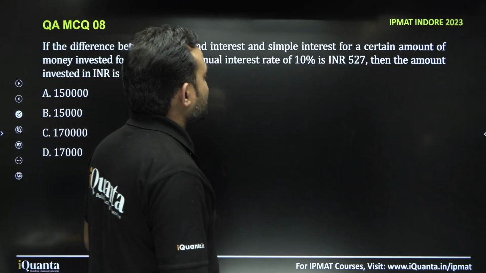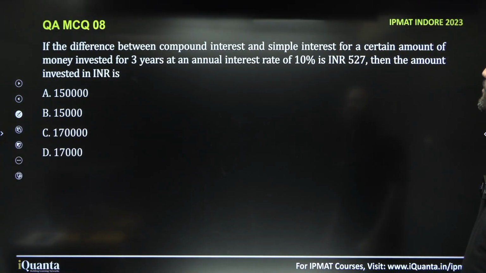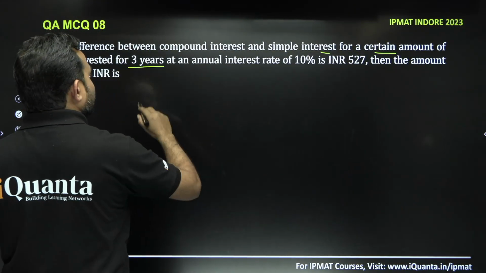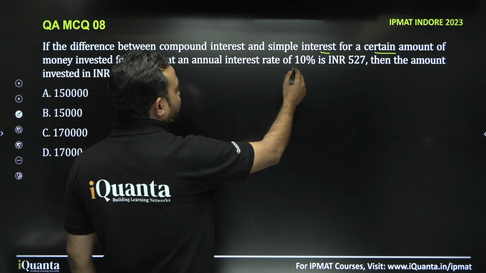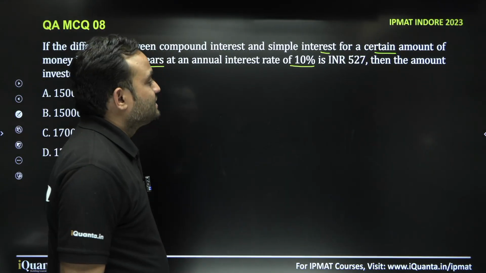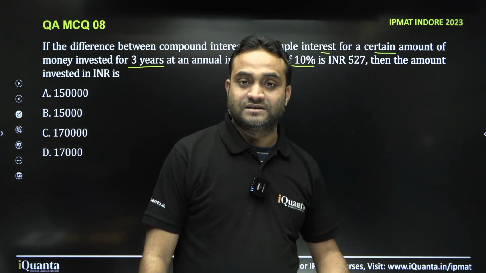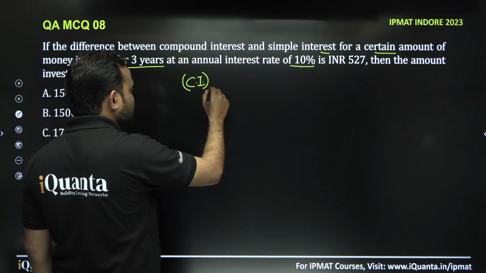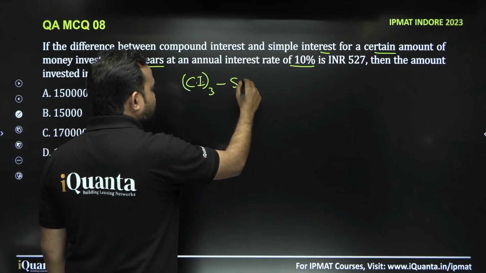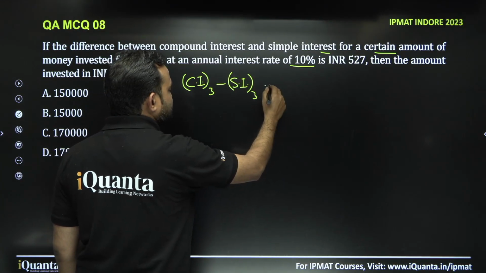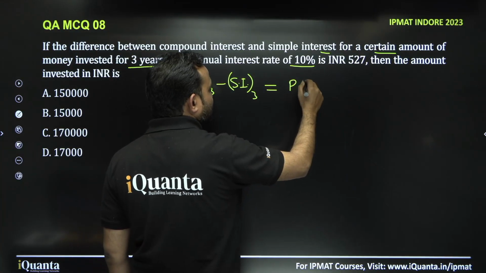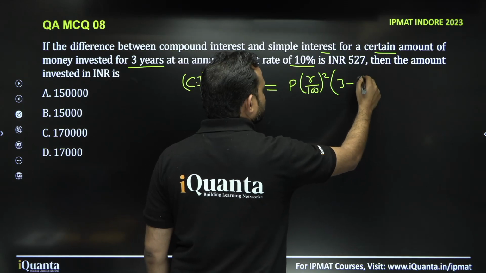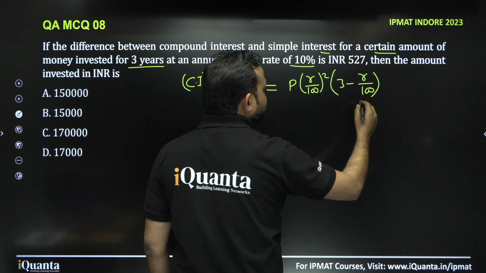Now, let's try the next question. If the difference between compound interest and simple interest for a certain amount of money invested for 3 years at an annual interest rate of 10% is 527, then the amount invested in INR is. So, compound interest for 3 years minus simple interest for 3 years is given by P into (R by 100) whole square into (3 minus R by 100), and this is given. This is what? This is